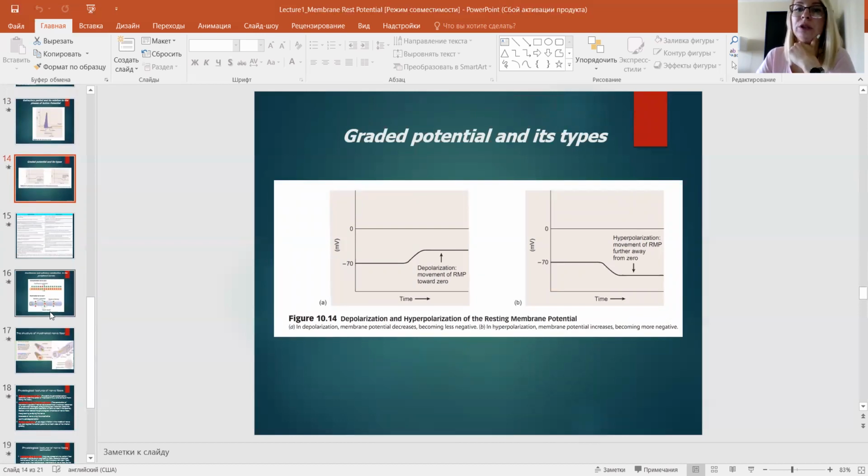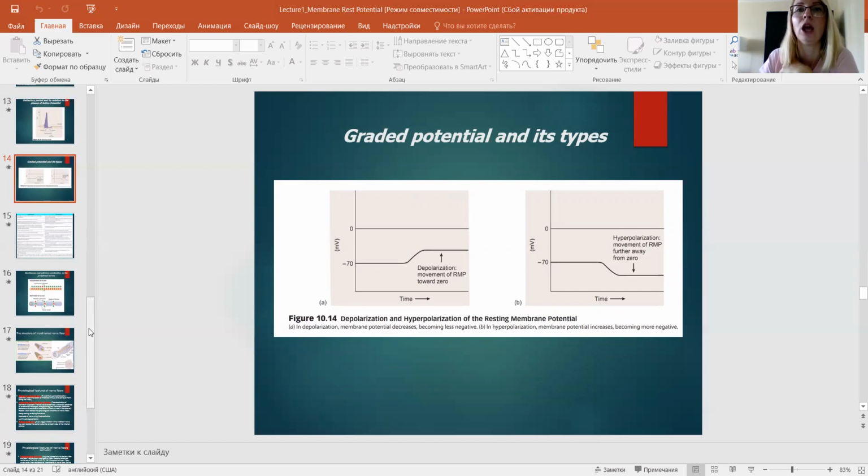Next item of today's topic is graded potential. The graded potential evolves if a subliminal, subthreshold stimulus is applied to the cell membrane. Only a few ionic channels are opening, and small changes of the membrane potential occur. These changes can be classified as the local depolarization and the local hyperpolarization. The local depolarization occurs if the sodium channels are opened, and local hyperpolarization if the potassium or chloride channels are